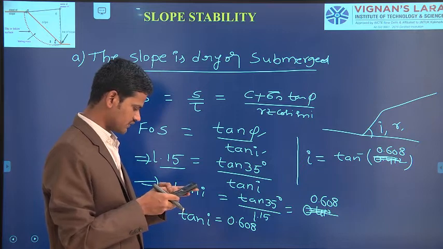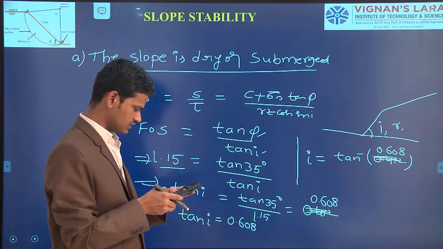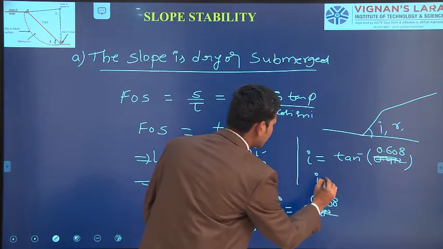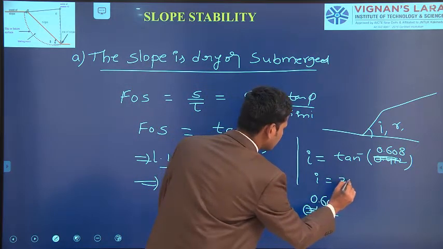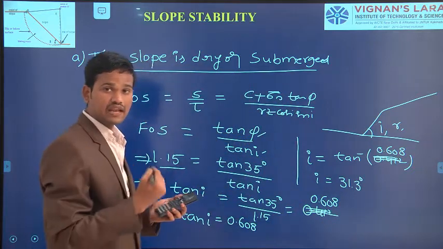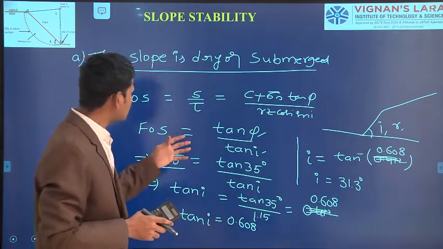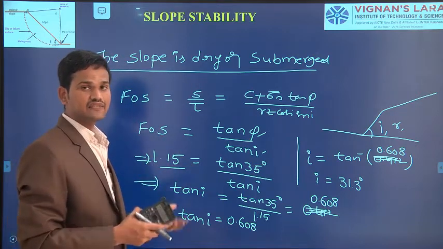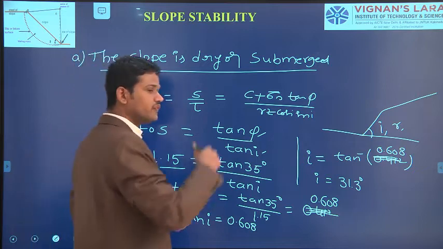That means shift tan inverse of 0.608. The safe angle of the soil mass I equals 31.3 degrees. This is the safe angle of the soil mass. That means by considering all the parameters G, e, angle of internal friction of the soil mass,